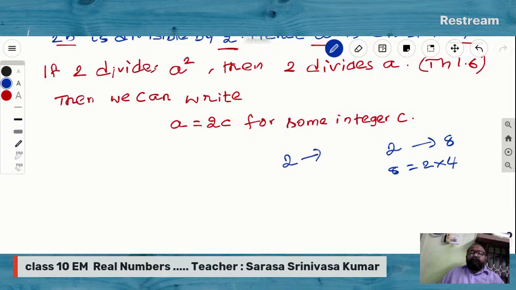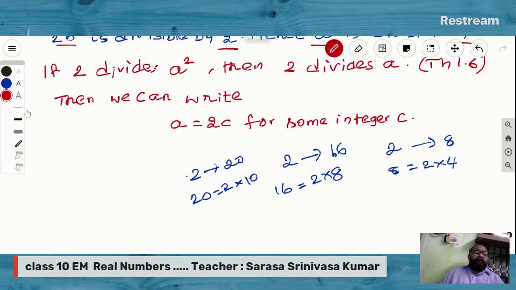If 2 divides 16, then 16 is equal to 2 multiplied by 8, I can write. If 2 divides 20, then 20 is equal to 2 multiplied by 10. So here